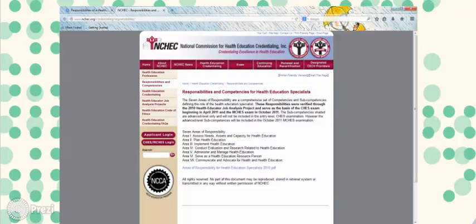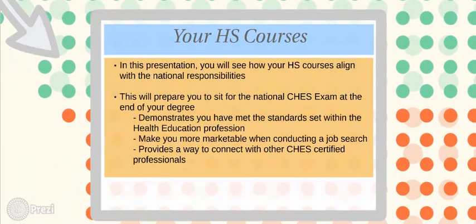And what we're going to do is go through each one of those different areas and how this program prepares you within each of those. So just like I said, the Health Studies program aligns with the national responsibilities, which will then prepare you to take the National CHES exam, which I have the Master's Certified Health Education Specialist, which is 10 years of experience plus a PhD,